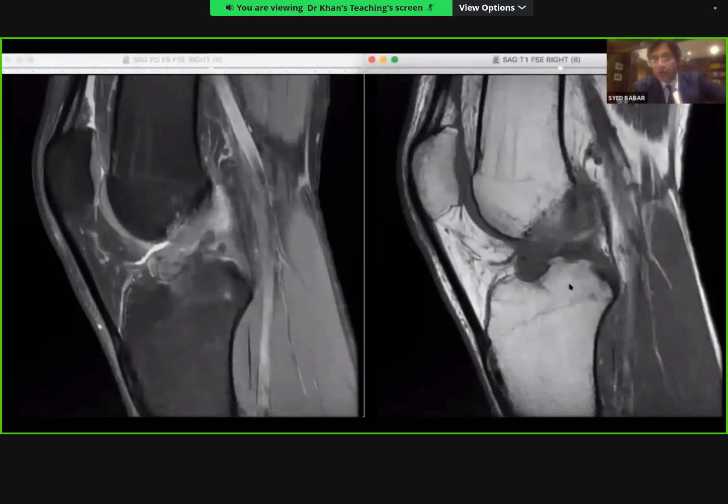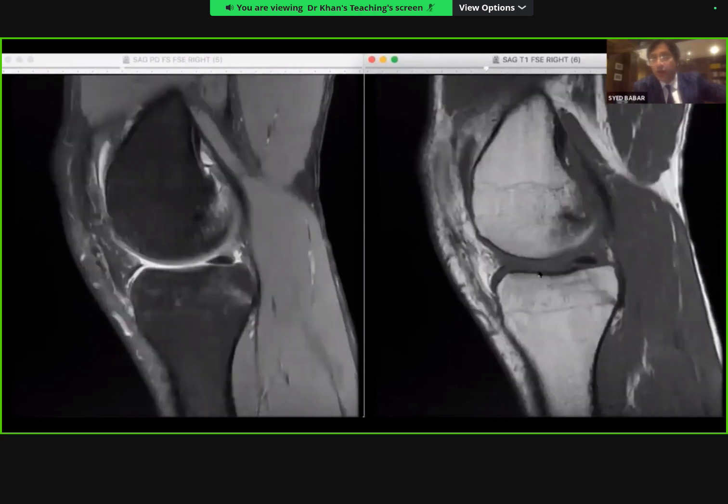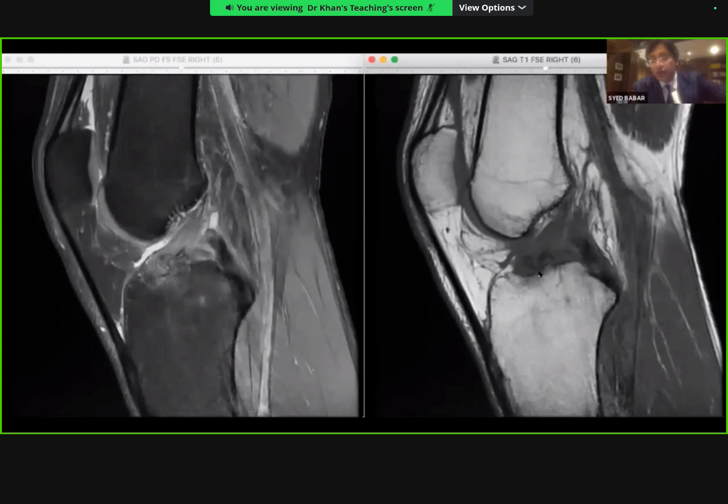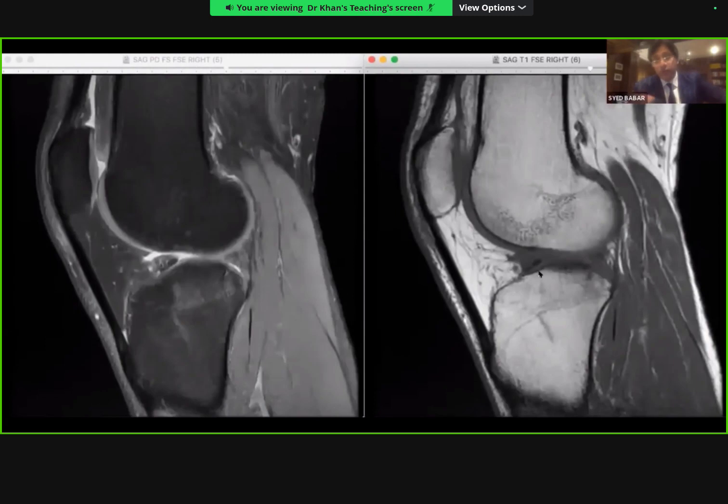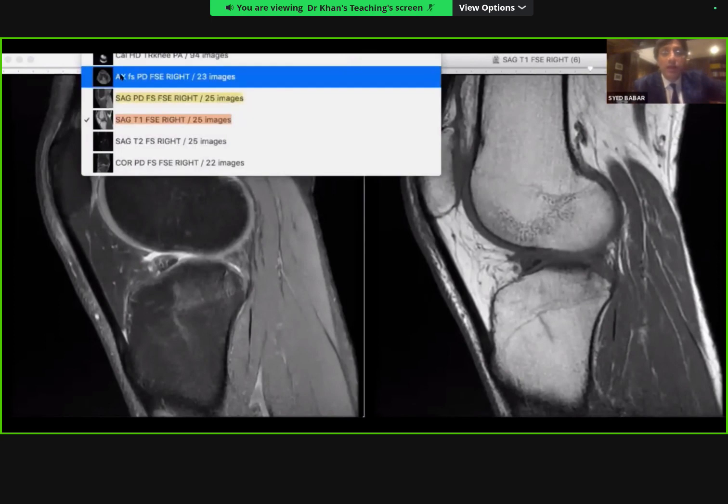And let's go to the midline where we are very suspicious that there is something going on here, because this is not the normal shape of the intercondylar eminence. So we are suspicious on CT, on MR, that there is a problem. So normally what would I do? I would recommend that this patient have a CT. And the reason why it's important for them to have a CT is that we want to see if there's an avulsion fracture, because it may require fixation. But before I go and start asking for a CT, I just want to have a quick look at the